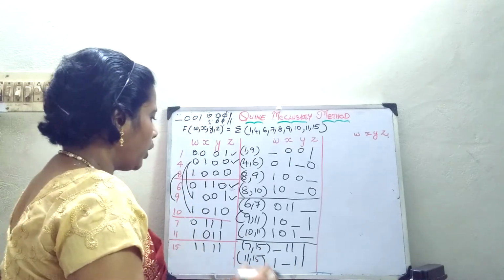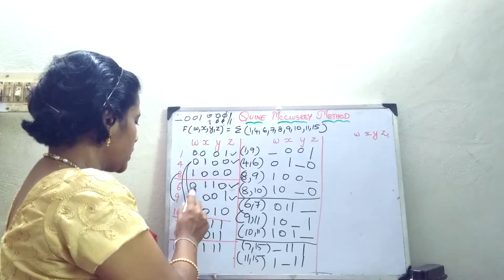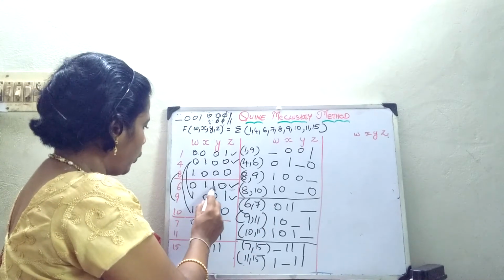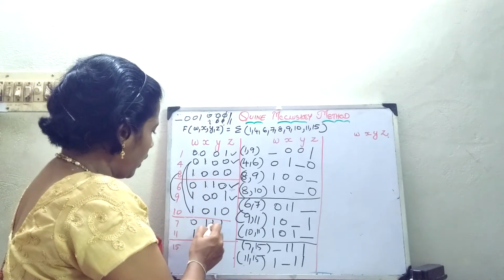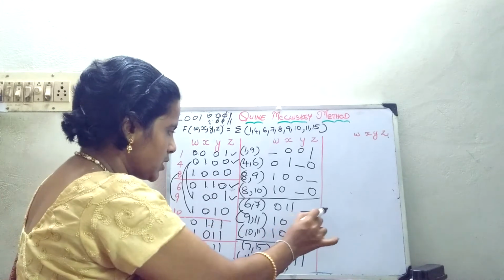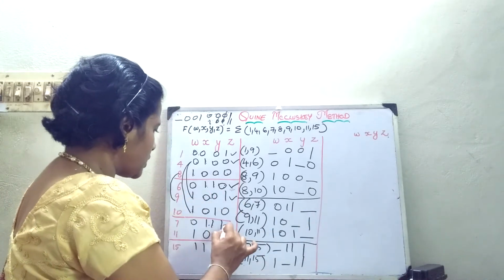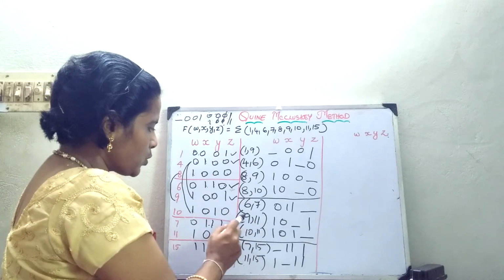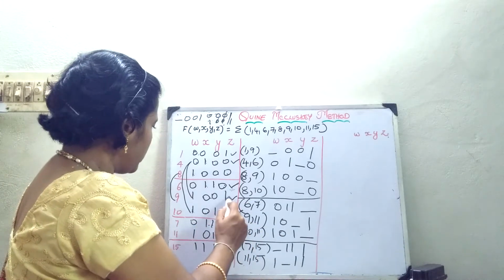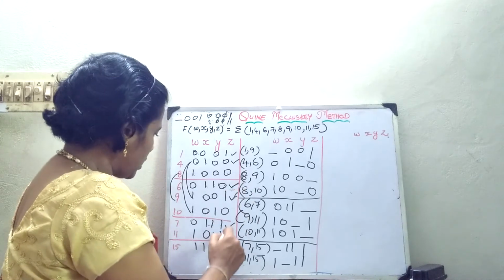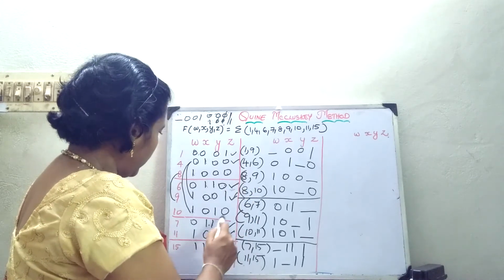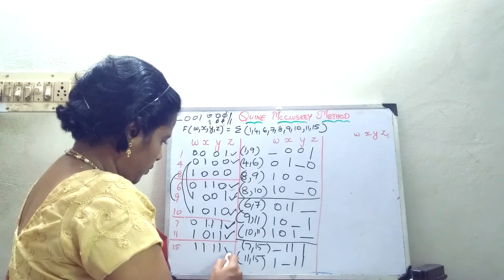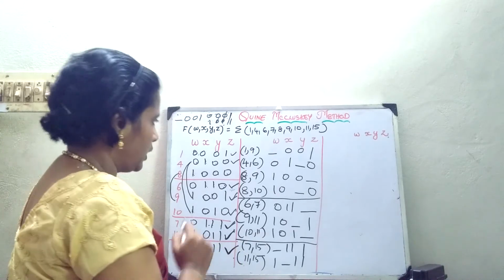So now if you want, you can just take one variable and we can check it. 6 with 7. I told you if the next number, usually it will be 0, 1, 1, 0. 0, 1, 1. Here the variable changes, dash. Immediately what you have to do, 6 and 7 you should mark. Okay. So now I have just written here. So whatever the variables, I will mark. 9 comma 11 is there. 9 already marked. So mark it once again. 9 comma 11. Then 10 comma 11. 7 comma 15. 11 comma 15.